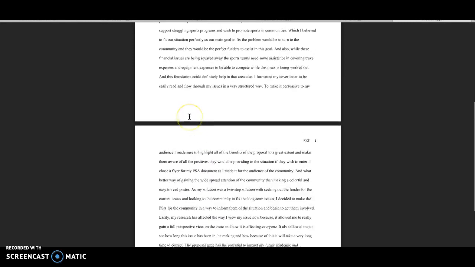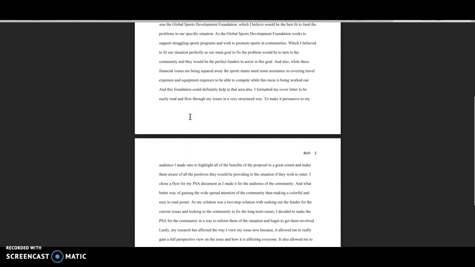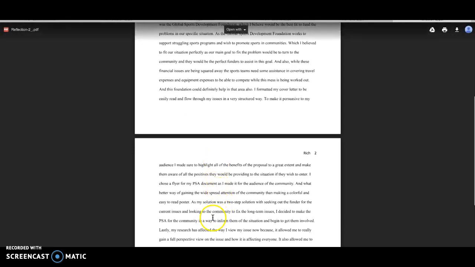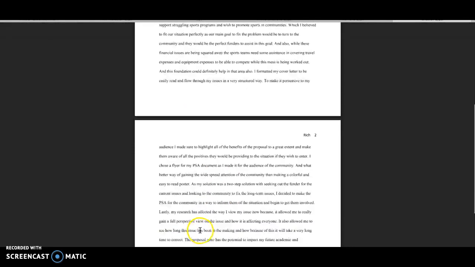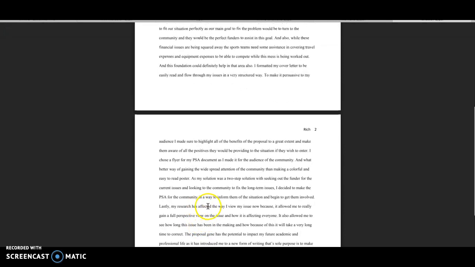And also, I had a problem where I accidentally confused effected and affected, which you can see right here. I put effected the way, and so I had to change it to affected with an A, and I changed that there and there. And also I had an issue right here where this comma was accidentally a period, which then turned the next word capitalized, so I just had to go back and change that so that it was correct.